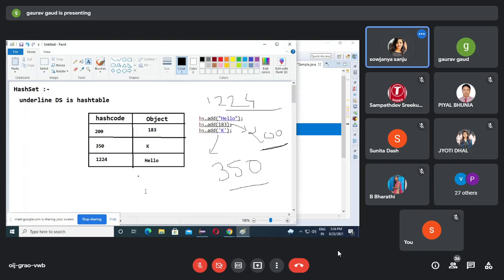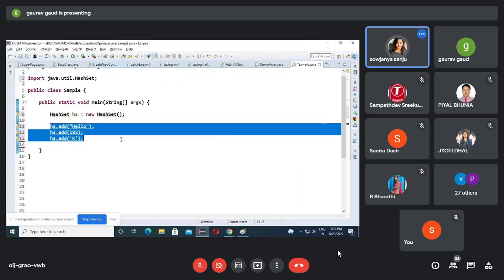No. Automatically, the JVM provides that hash code and arranges the data like this. That means insertion order is preserved or not preserved here? Not preserved, because data is arranged in which format? Based on hash code. So observe this.